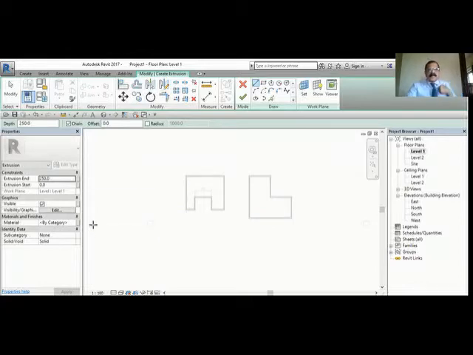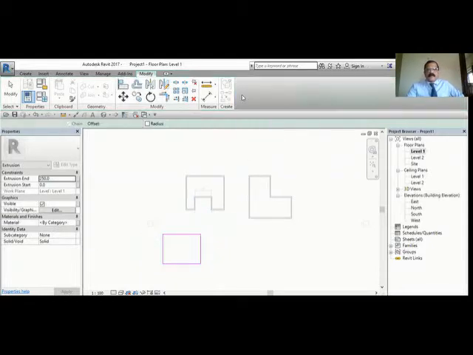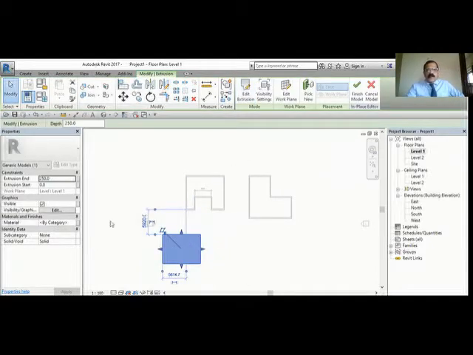I have to create a base cross section. Suppose I will create a small rectangle. So this is the object I'm going to extrude. In AutoCAD, there is an extrusion command by which you can create a 2D shape and extrude it to 3D. This is similar. I created a rectangle, and if I say okay, it is going to extrude. So let's see, extrude. It created an extruded object.